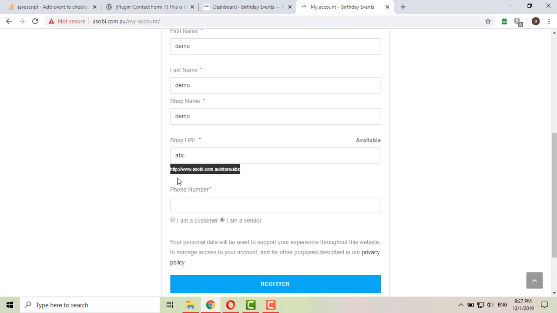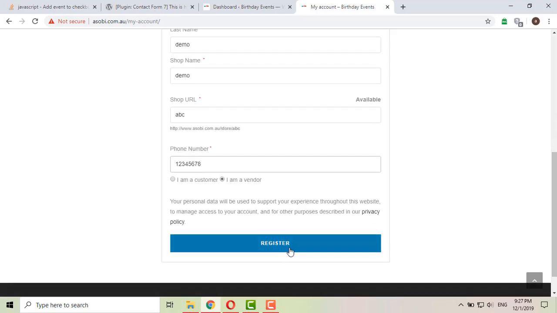If I choose ABC as my URL, no one else will be able to choose that, of course. And here is my phone number, and I have put some random data here.